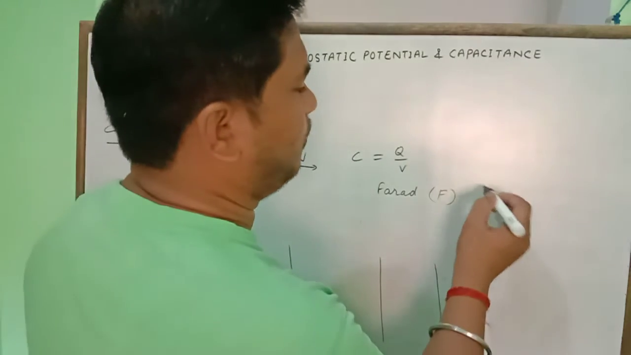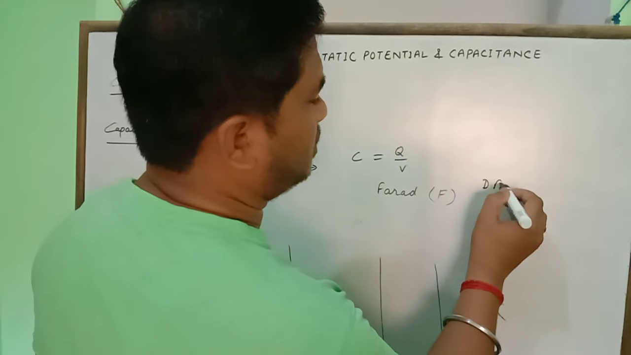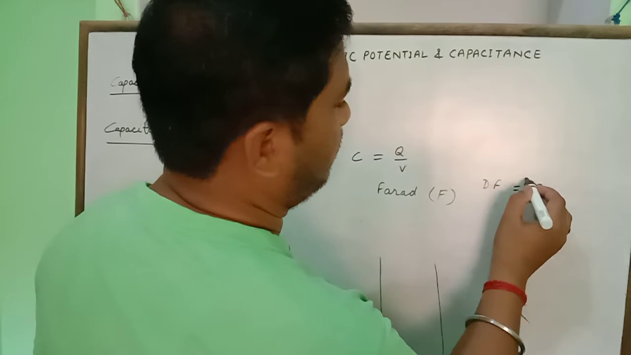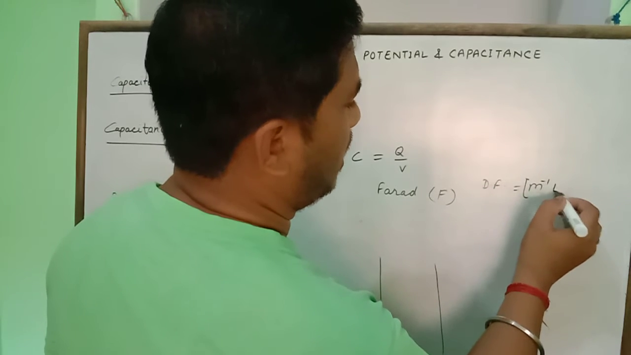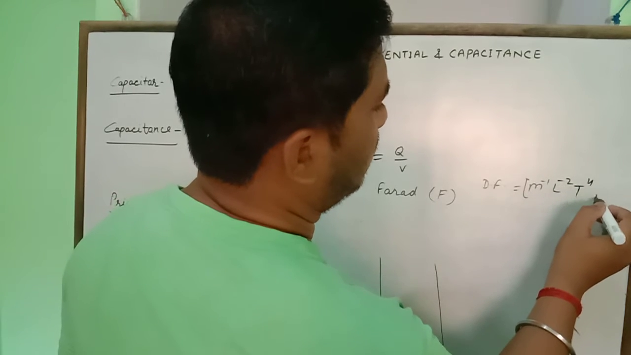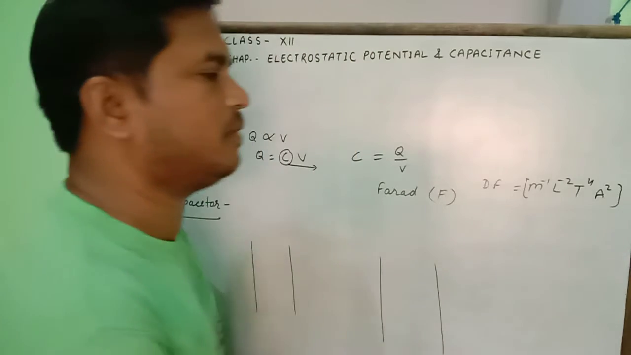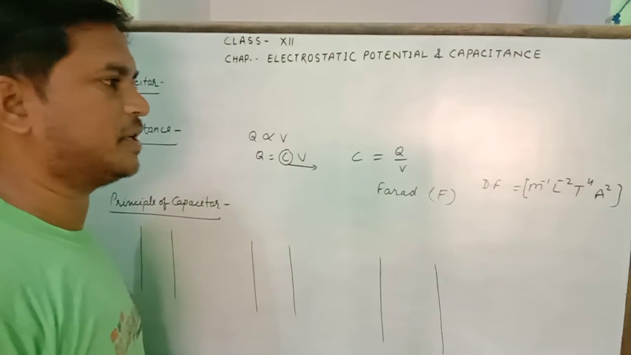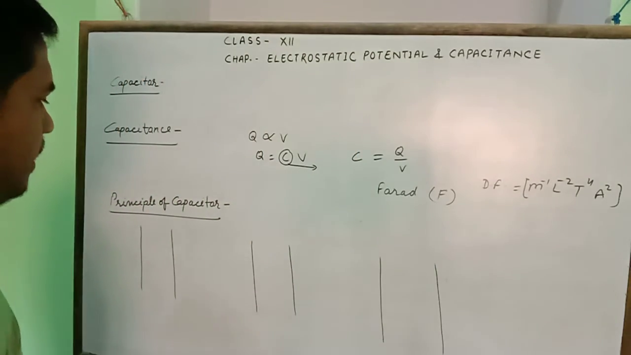Its dimensional formula is M minus 1 L minus 2 T 4 A 2. This is the dimensional formula of the capacitance. Okay,